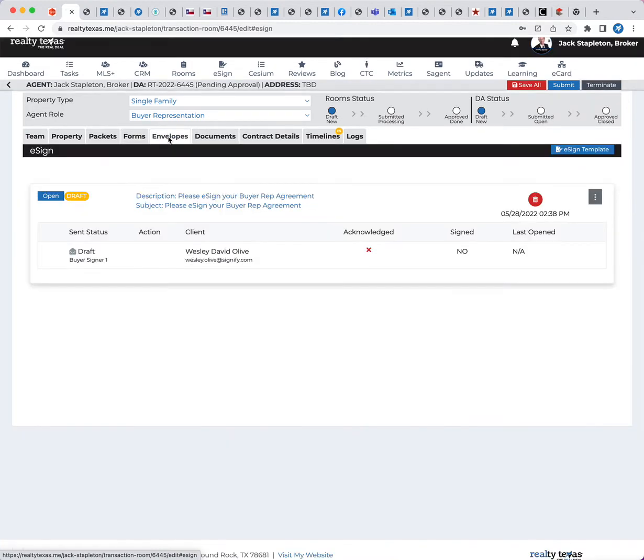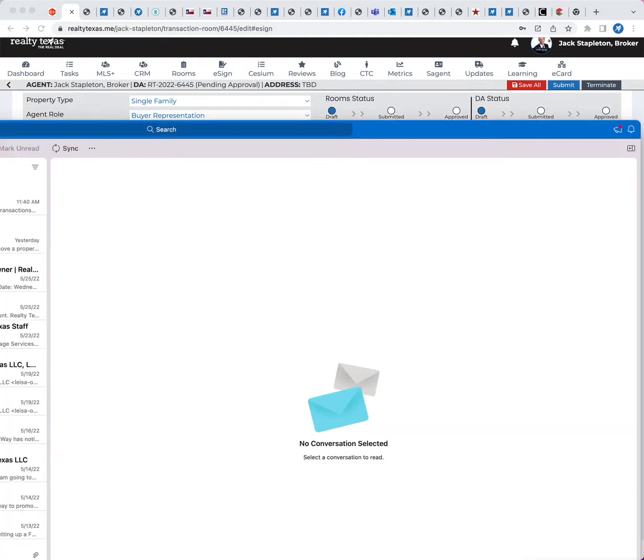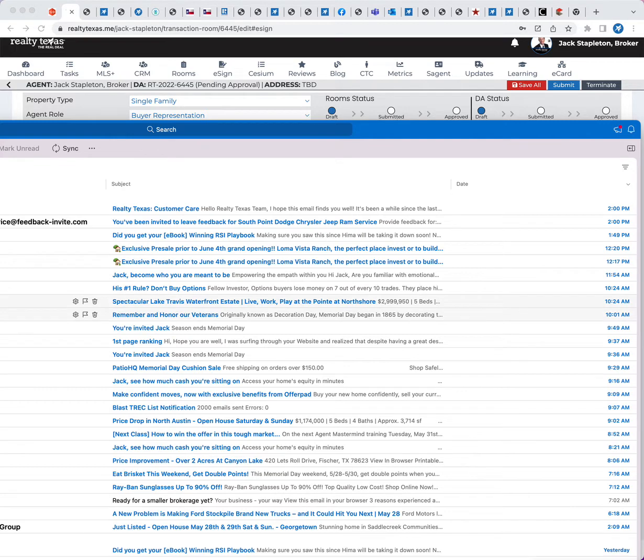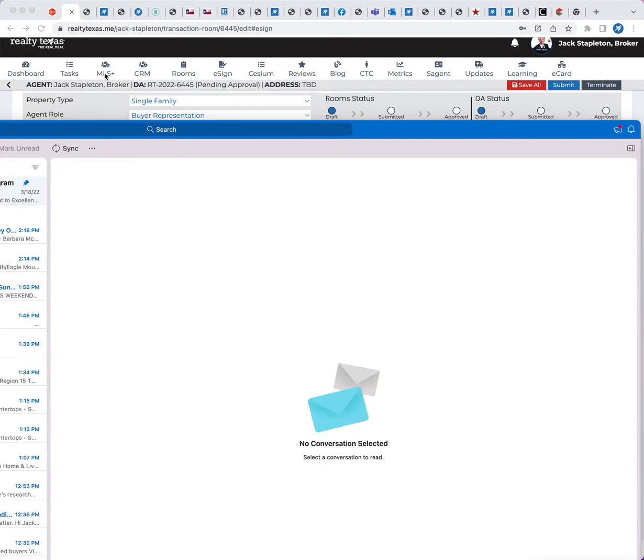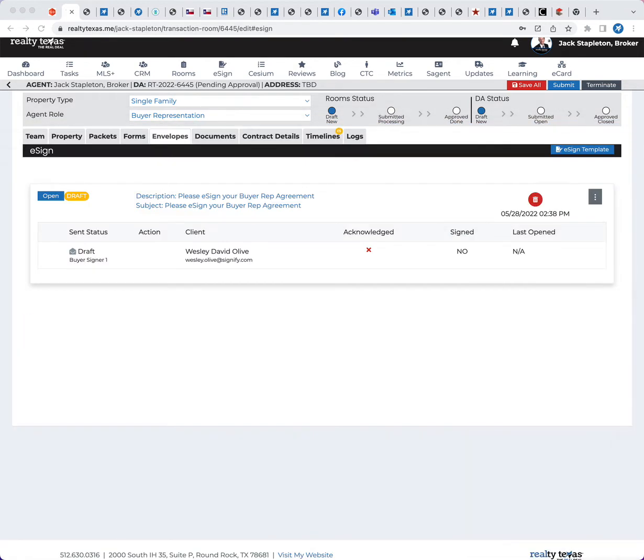So the envelopes tab is a list of every envelope that's been sent. Here is a draft envelope for Wesley. If he had acknowledged it, it would have a green checkbox, which means that when he opens the e-sign, it says, please acknowledge that you actually want to be using a digital signing software, because we have to make sure that our clients accept the terms and conditions of e-sign in order for it to be a legally binding contract. So once they acknowledge it, it's checked off here, and then once they sign it, it says yes, and then it shows the date that they last opened it, and this will be in your room forever as an acknowledgement,